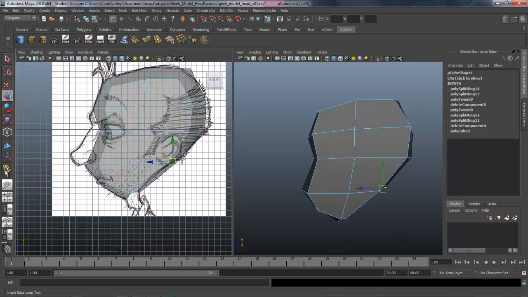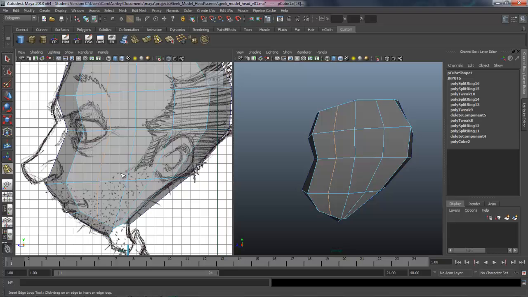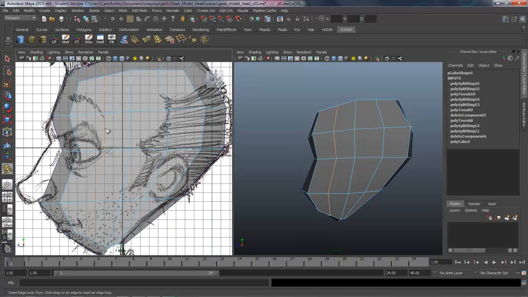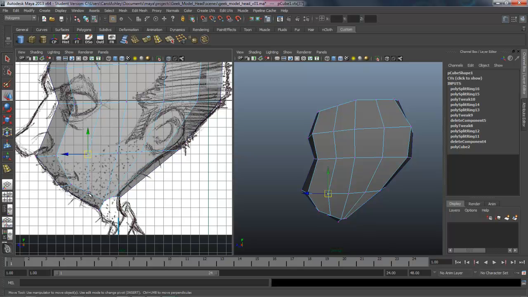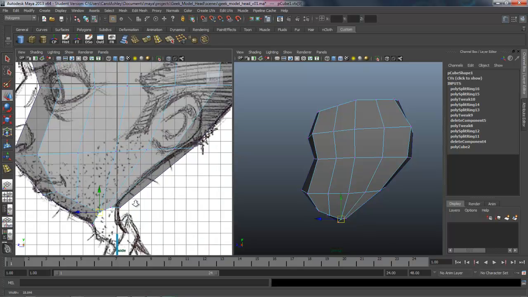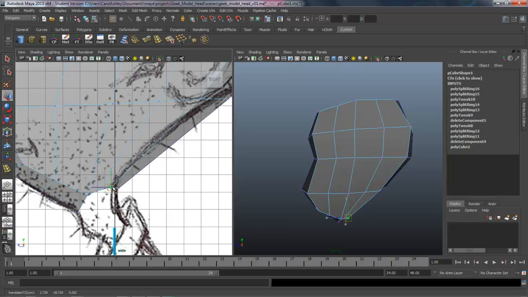We're going to insert one right here. So kind of halfway between there, halfway between here. Okay. And I'm not going to straighten these out. I actually want them following the edge flow that I've created. So we'll start working with that. Q on the keyboard to end that, and start moving some of these points around. So kind of round this out a little bit more. We've got a lot of geometry kind of coming in here very quickly around the neck, because the neck really tapers off quite quickly.